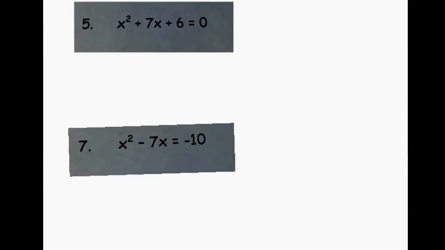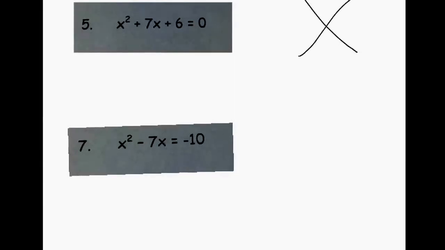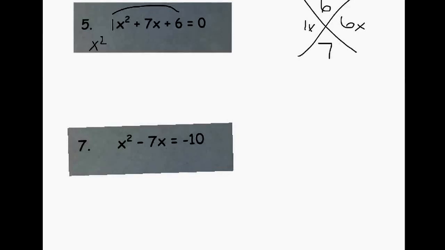This one has not been factored, so we have to start by doing our x box factoring. 1 times 6 is 6. What multiplies to be 6 and adds to be 7? It's 1 and 6. So this becomes 1x and this becomes 6x. When we write it out, it becomes x squared plus 1x plus 6x plus 6 equals 0, and then we're